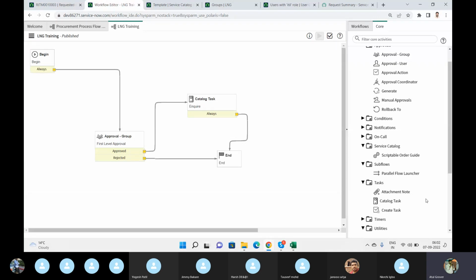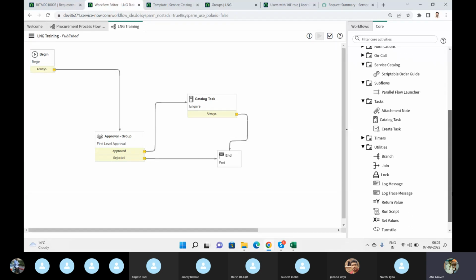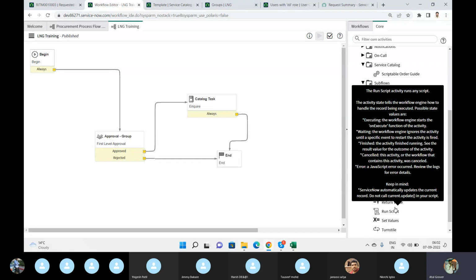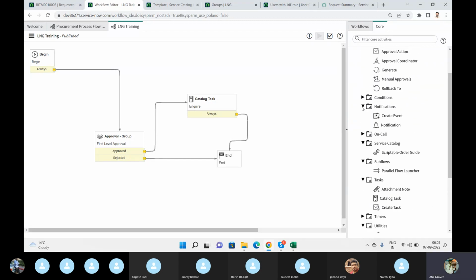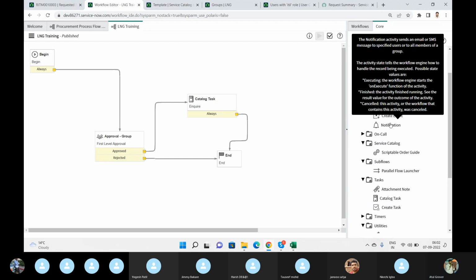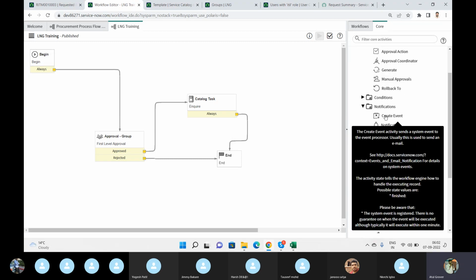Maybe you can try the utilities if you have some understanding. If condition, branch, logs, scripting you can forget as of now. Don't worry about the scripting as of now. Then in the notification, generate a notification, create an event. Let's see what happens. Maybe just drag and drop, put the basic information and see how it works